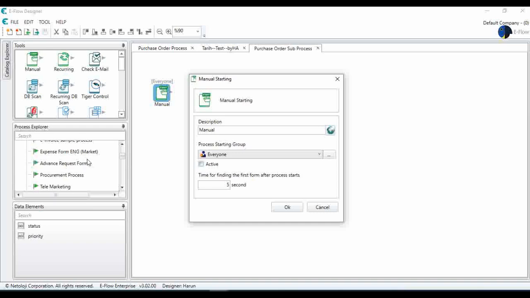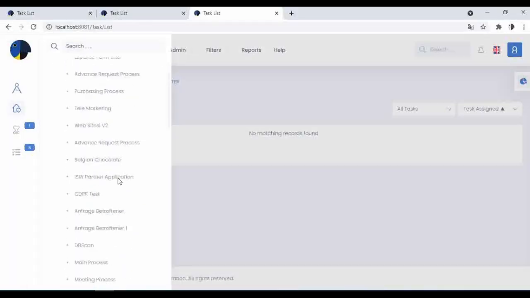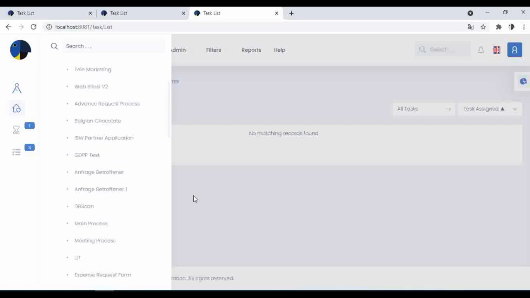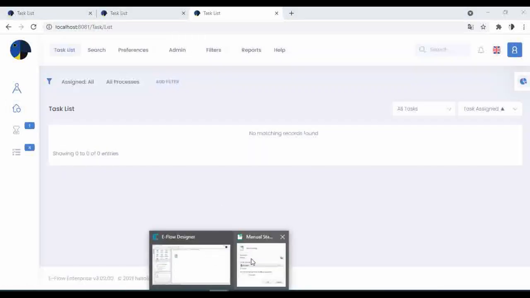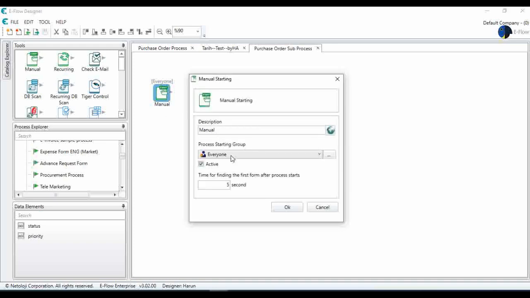So I won't see it in my process list. I will see it only when it is triggered by the main process. So I don't make it active,